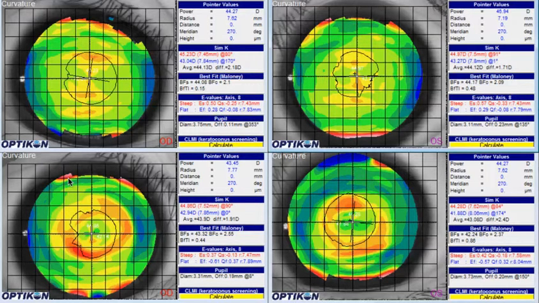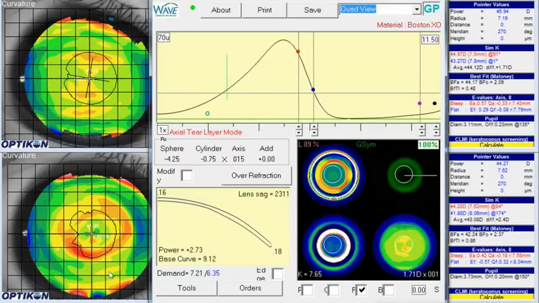If this is a patient where you think a corneal scleral would be a good option, that will take care of this problem. If it's a patient where you think corneal sclerals would be difficult, then what I'd recommend doing is increasing the sag of the lens. So if we bring up the lens, we can see a pretty normal looking ortho-K lens, and we just want to increase